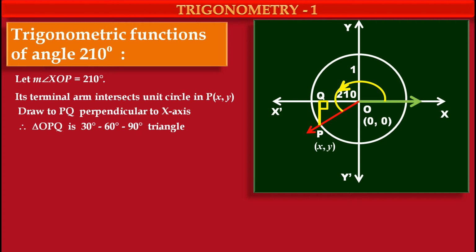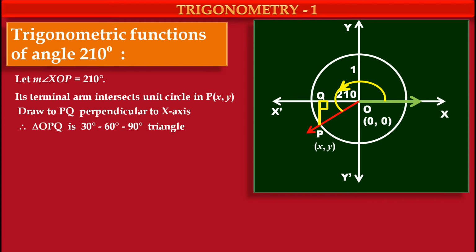Now see in the figure triangle OPQ. In triangle OPQ, one angle is 90 at point Q because of the perpendicular drawn from P. The other angle at center O is 30. Now see why it is 30: from the total angle 210, we have to subtract the angle outside of this triangle, which means 180. So the remaining angle in the triangle is 30, and that's why this triangle is a 30, 60,